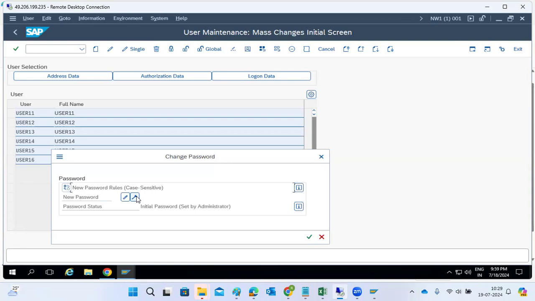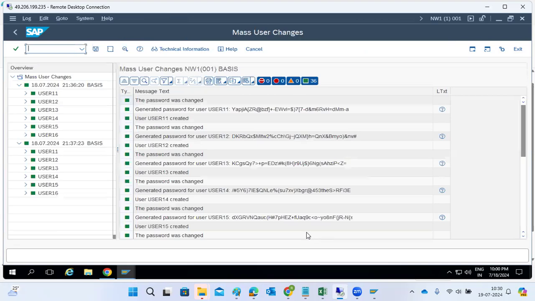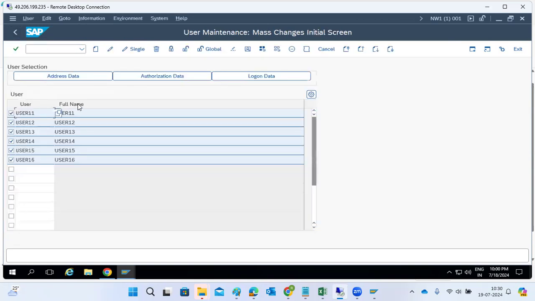Generate. So the initial password is set by the user administrators. So what is the new password? Password deactivated. New password. Just click on this button. Yes, it's set. We can set it manually also. Or one single common password, I'm not sure. We need to check whether it's possible or not. Common password means